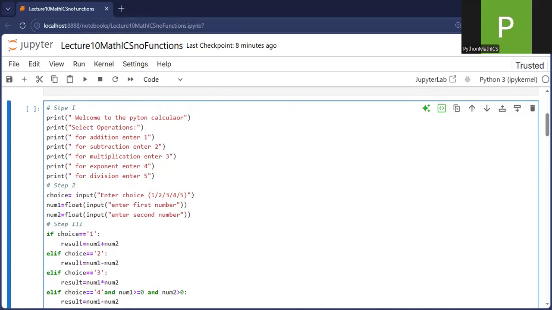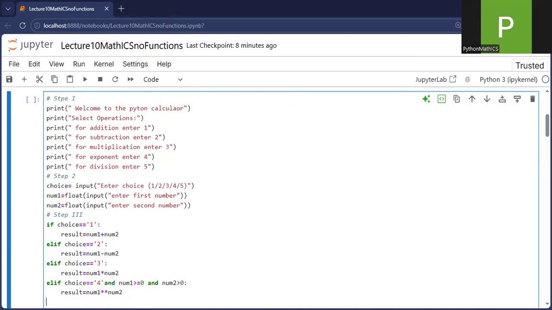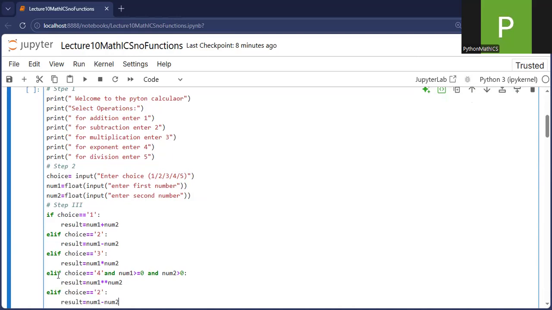Now the result is equal to, we are taking the exponent, so result will be equal to this one. Okay, Control V. So if this condition is not met, then you have entered the fourth option, but we will display here result equals to,